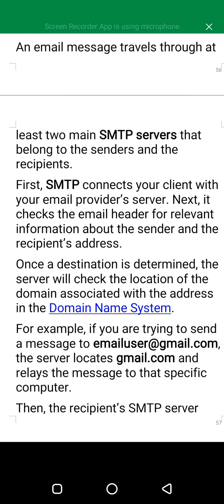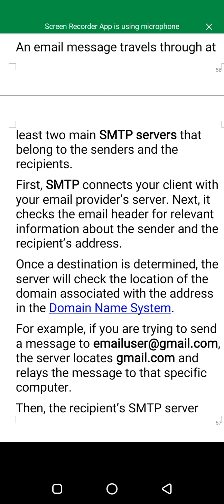That's why we are saying that first, SMTP connects your client with your email provider server. Next, SMTP checks the email header for relevant information about the sender and the recipient's address. That is the information that is included in the header.